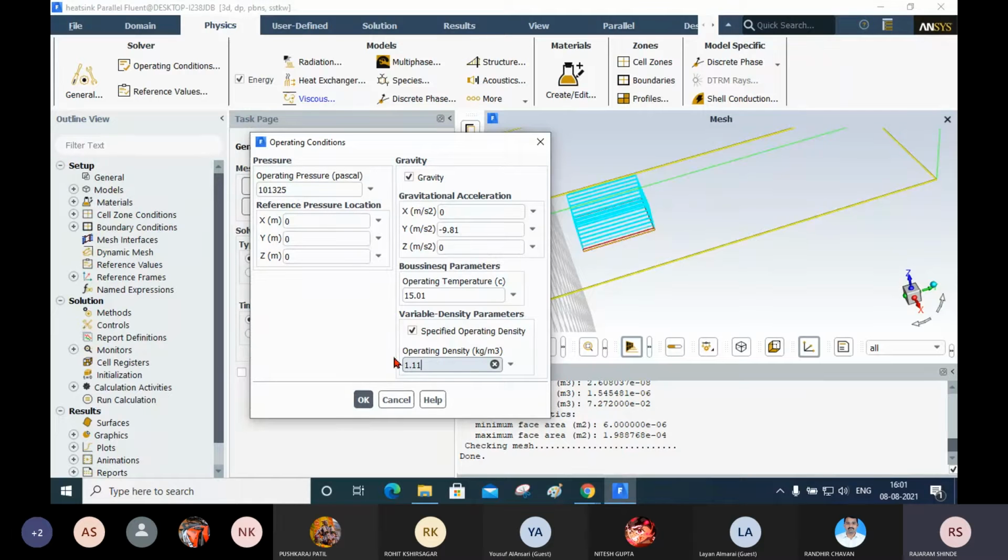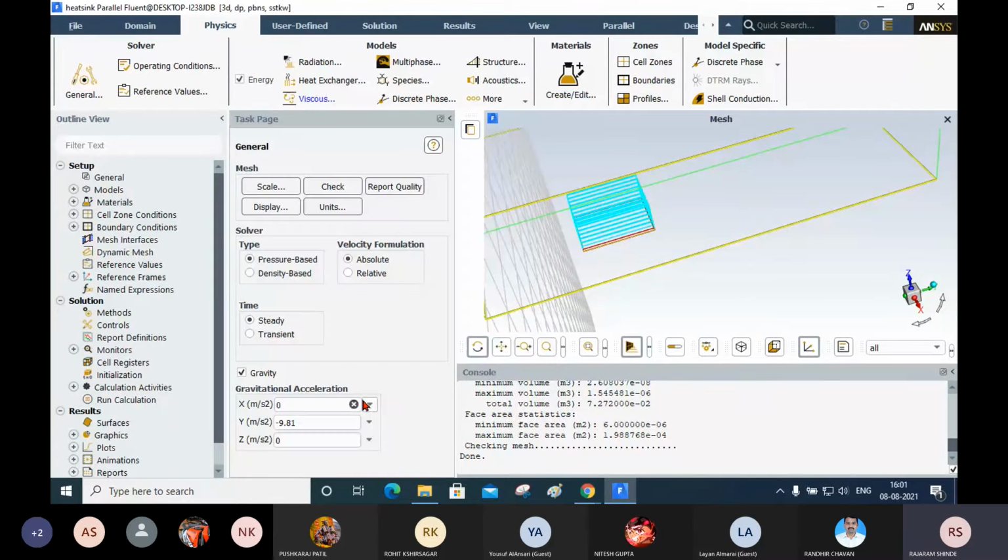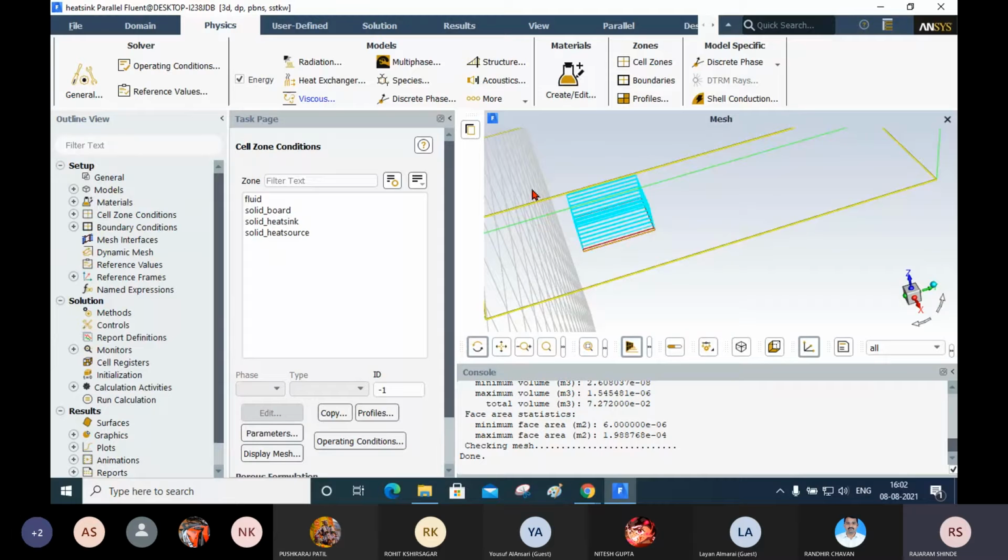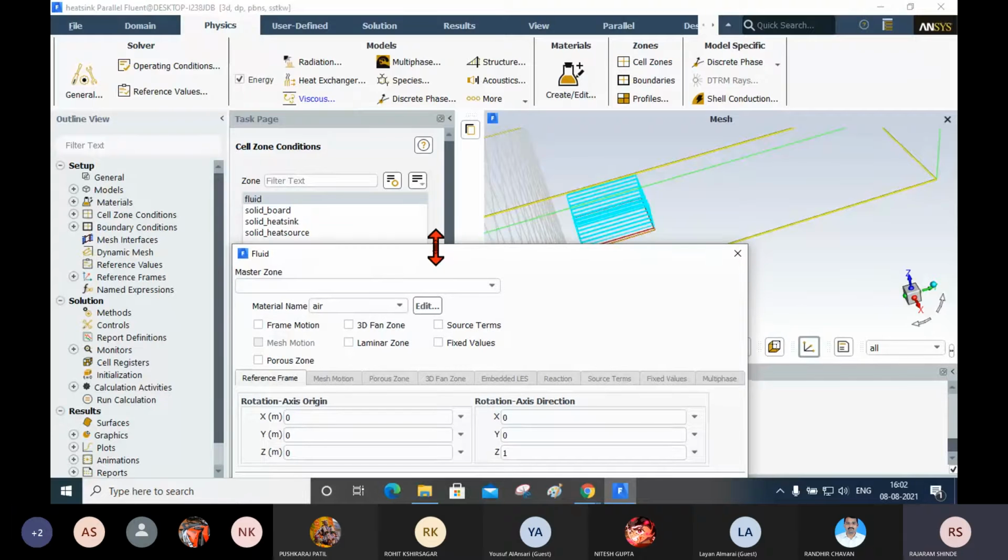Now after doing this, what do you have to do? We have to define the cell zone conditions. Now in cell zone conditions, you click on this cell zone. Here you have to give the properties, you check the properties of air. Now you select this here, that is fluid, and click on edit. Click on edit. Now you see this one here. When we click on edit,